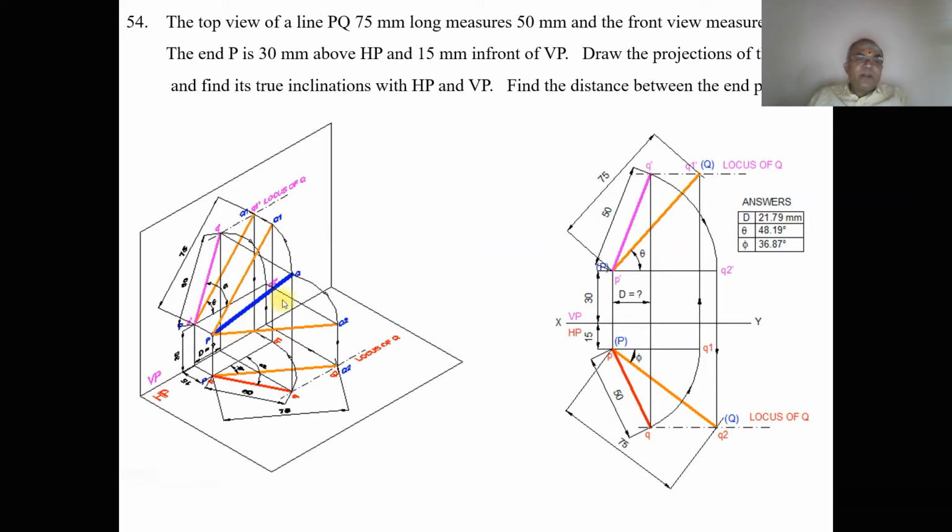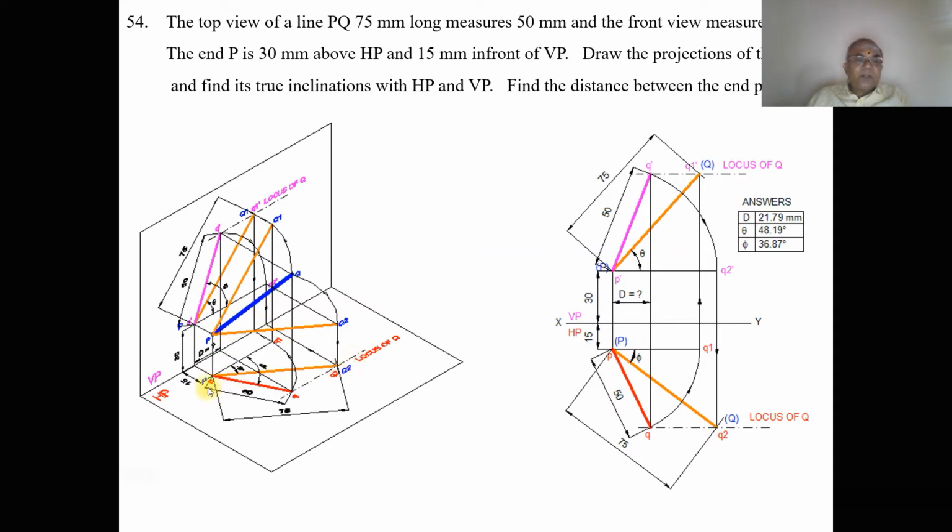So if the line PQ1 is parallel, then when you look from the front view, both P and Q should be parallel to HP. Since it is parallel to HP, we now get the true length.